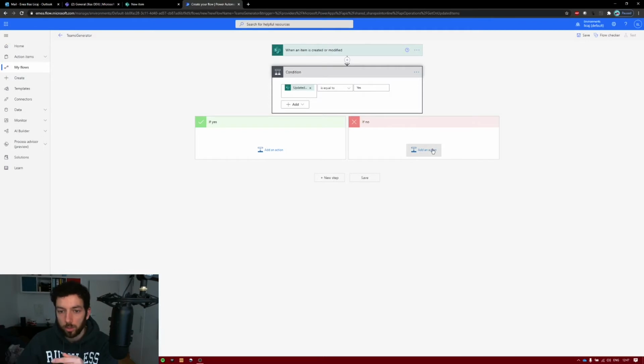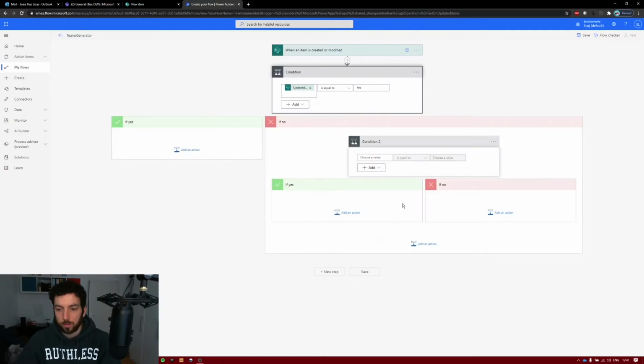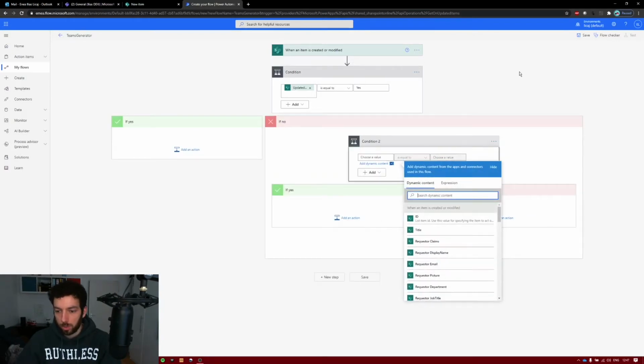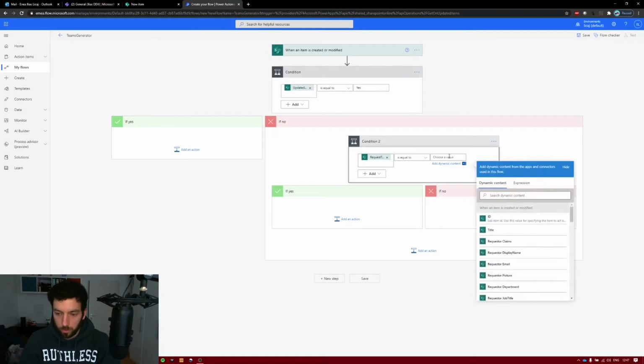So let's go down this route and put another condition now to check if the user has set the column for the approval process to begin or not. So we need another condition. And now we need to check for the value, request team value is equal to yes. So if the value of the column request team is set to yes, then we want to start the approval